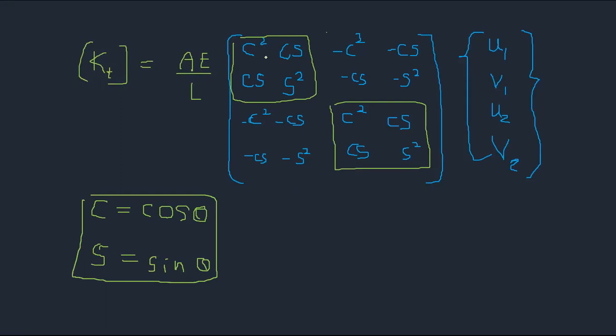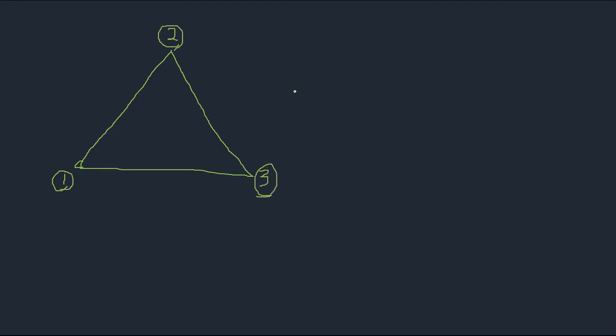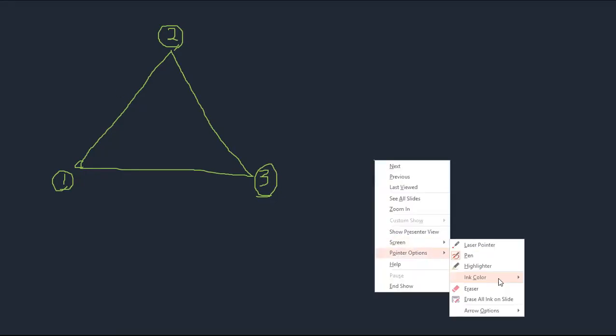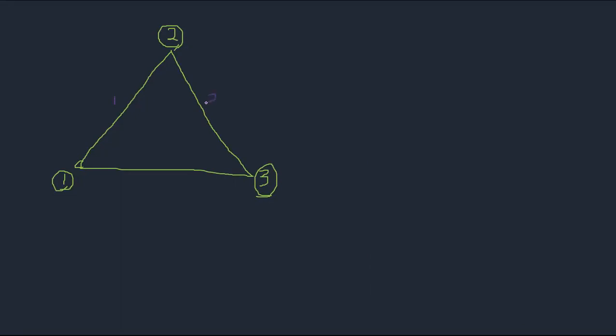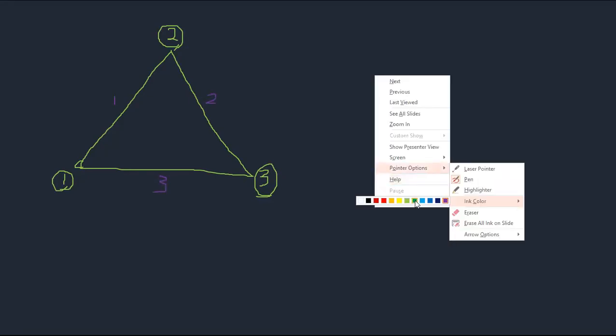And when we are assembling this, that's very important, how to do it, right? So let's consider something like this. This is the first node, this is the second node, and this is the third node, right? So this is the first element, the second element, and the third element. Okay. So we can define